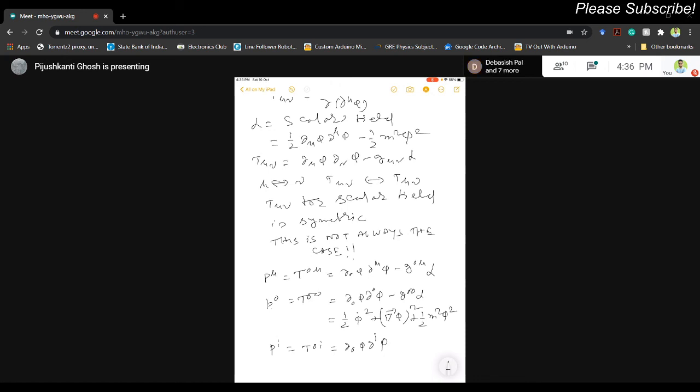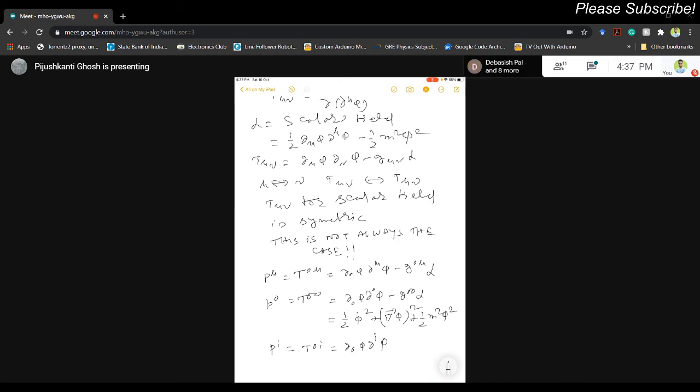Condition number two is angular momentum conservation. Just look at the homework, I have specified the problem there. Angular momentum conservation demands that T mu nu must be symmetric. But if it is not symmetric, how do we make it symmetric? There are schemes to make it symmetric. We add a total derivative term, because we know that we can add a total derivative term to the Lagrangian density, or any quantity which we will be integrating over the 4-volume. But I am not giving the example here. Where we need it, we will give that example.